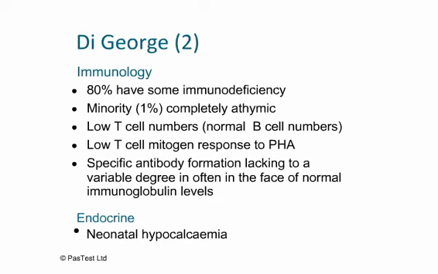And additionally, they have neonatal hypocalcemia, which usually persists for greater than 14 days post-delivery, and is present despite a low parathormone level. In the children with so-called complete DiGeorge, who are actually athymic, bone marrow transplant has not been terribly successful because